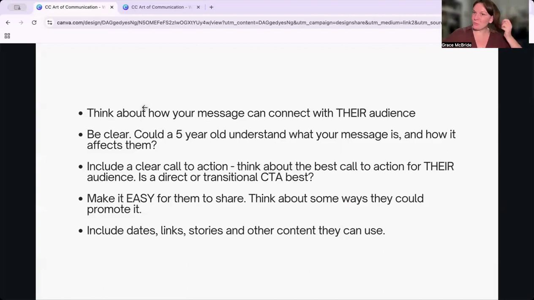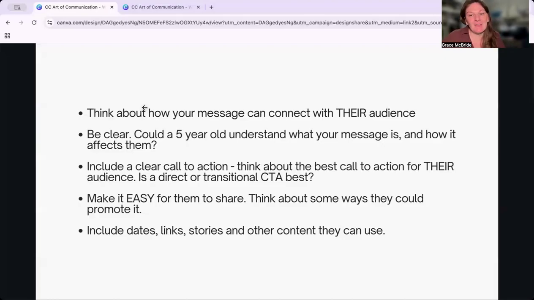That's a transitional call to action. They're not committing to anything, but they're engaging with you a little bit more to learn some more information. You're getting them on the hook versus hooked, reeled in, scaled, and served with some chips. I'm giving lots of analogies today. So think about what call to action would be best for their audience.